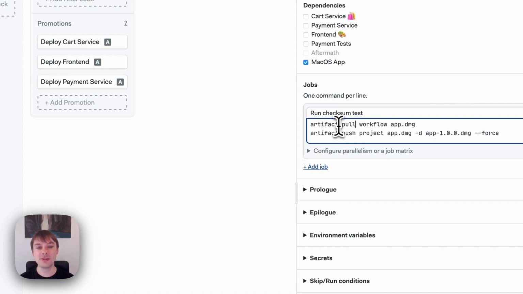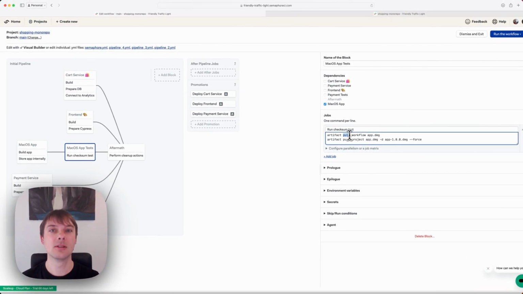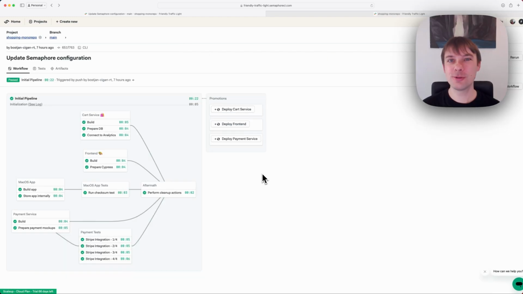So you only need to specify whether it's a pull, which basically retrieves files, or it's a push. It pushes files into the artifact repository. Now, let's see how this works when we trigger our workflow. This is a workflow that has already been triggered, and we will view how it looks once the artifacts